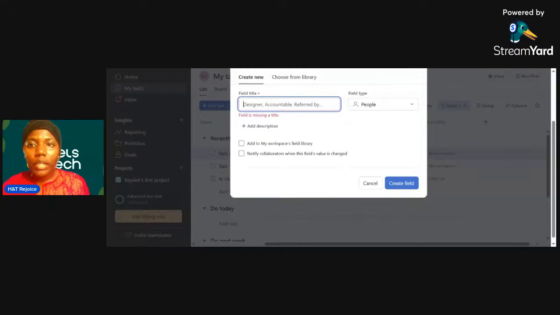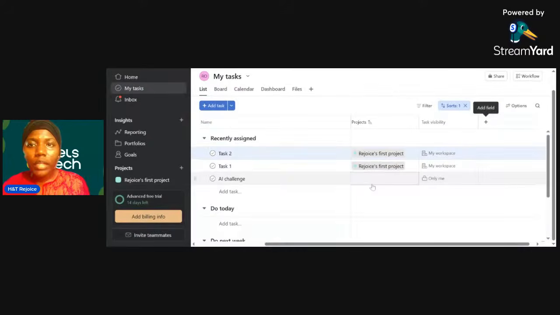Let's say for the projects, can someone give a suggestion for the projects we can create in the comment section? Which project would you want us to work on? Rukayat, if you want to work on a project, what project would you want to use this Asana dashboard to create?